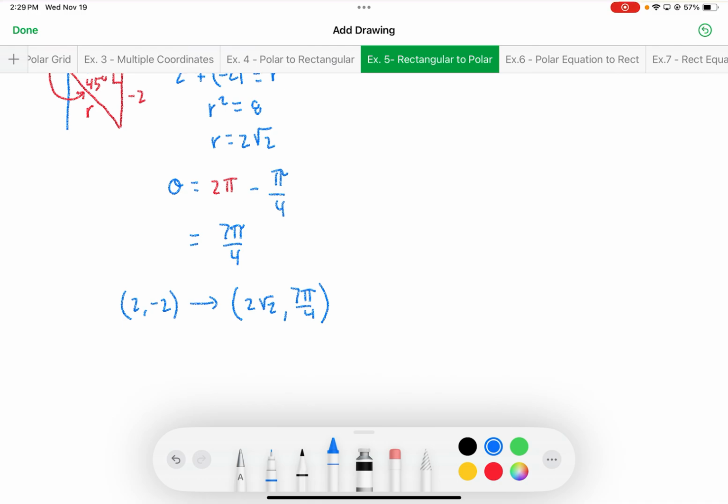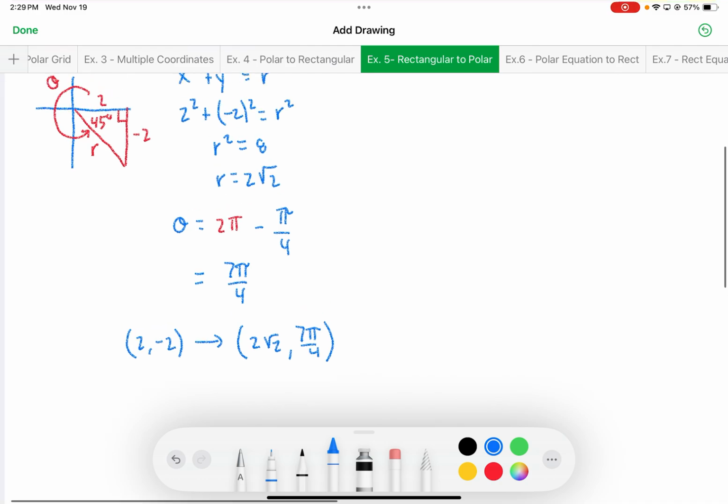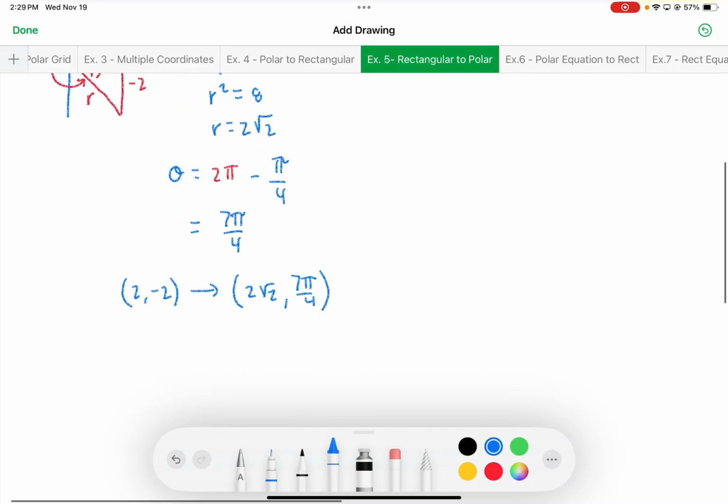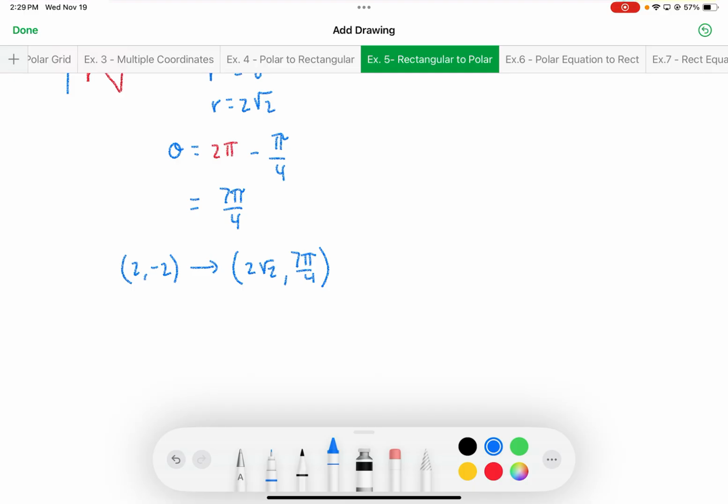Okay, now here's another way you could approach this. Suppose you didn't recognize that the reference angle there was a nice 45 degrees. You could use the inverse tangent function to get theta, but you've got to be careful about it. If I took inverse tangent of y over x,